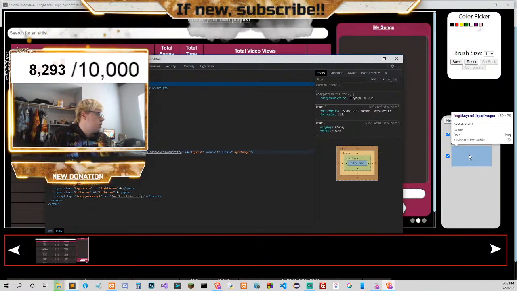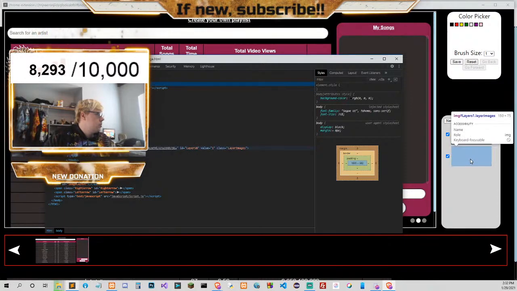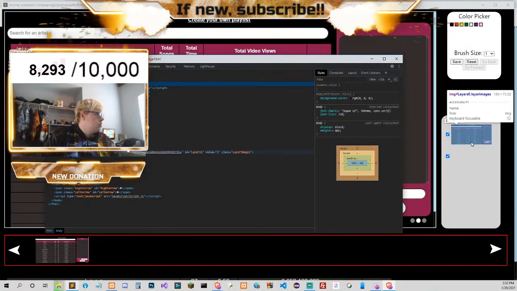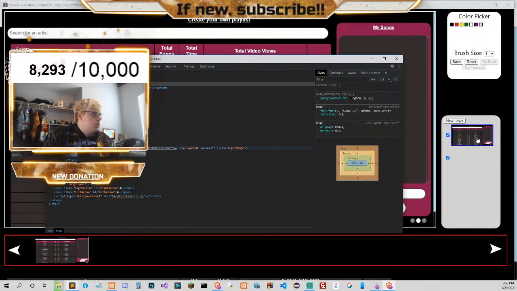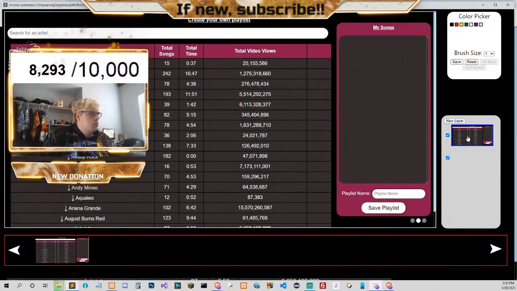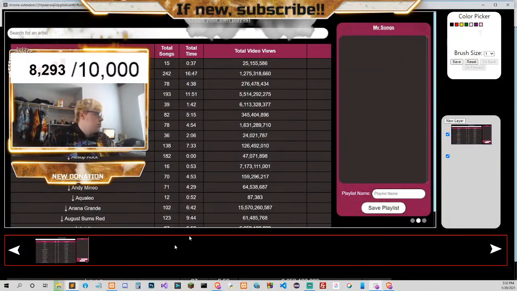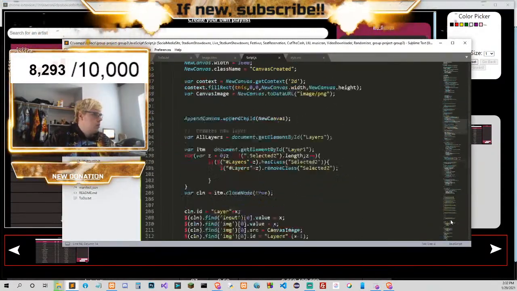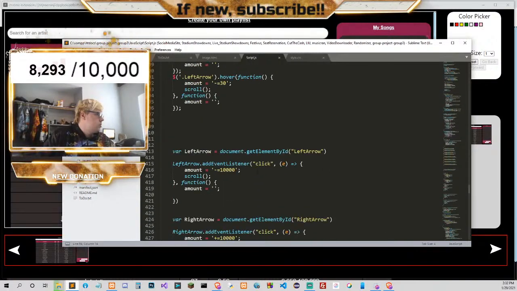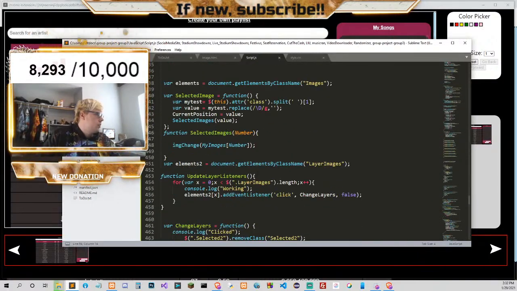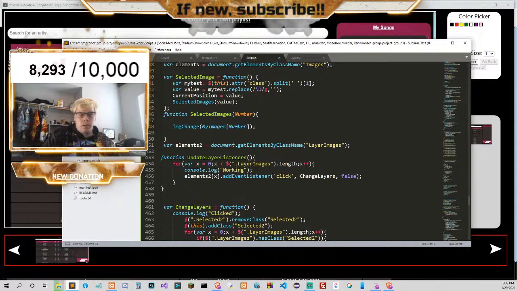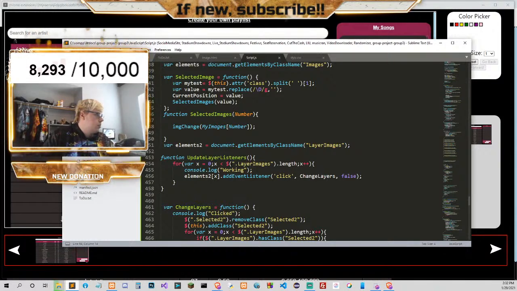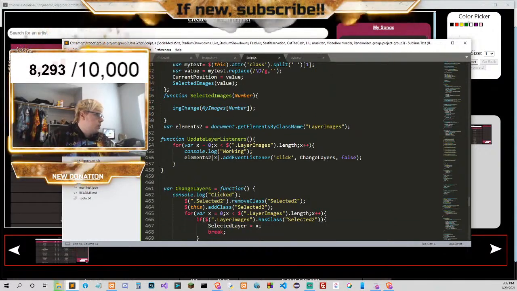Why can't I click on this? So look, if I click on this, it won't select it. Why? Why won't it select it? Left arrow, right arrow. We're probably going to move some of these irrelevant things to a different script because it's kind of annoying.